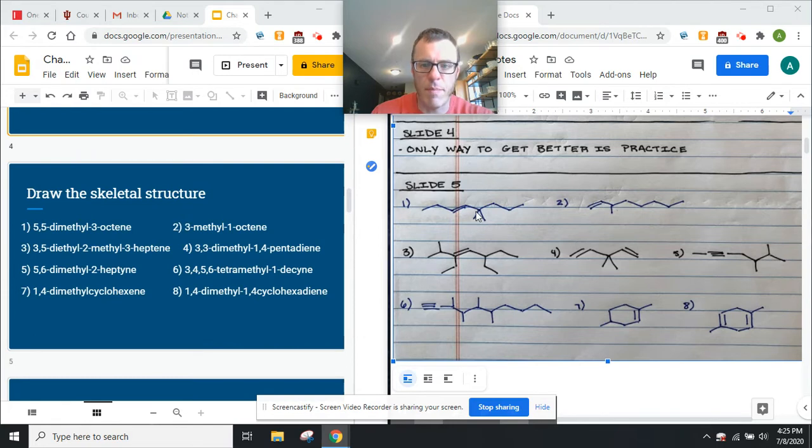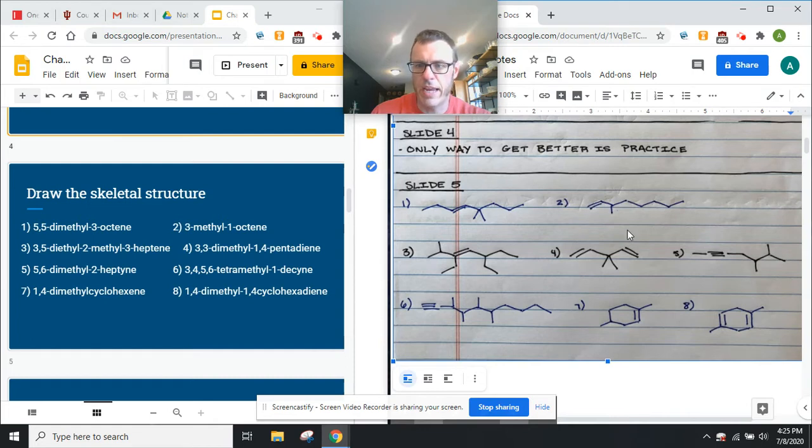Here, 5,5-dimethyl, we are going to start counting from the left because this 3-octene means that the double bond is on the third carbon, and we have to start counting closest to the double bond. So 1, 2, 3, double bond, 4, 5, and there's 2 methyl groups on number 5 right there. All right,